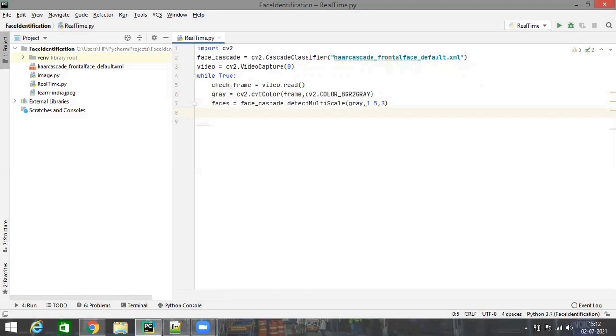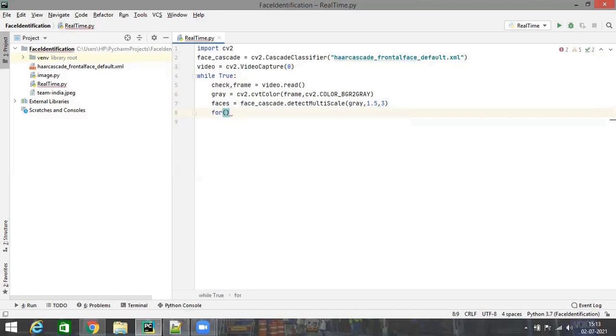Okay. So now let's say we have detected the face in the given image or in the given video frame. Now what we want to do is build a rectangle around the face so that we are able to distinguish the face from the other different objects in the given video frame. So we want to draw a rectangle, right? So we can draw a rectangle around those 4 coordinates with the help of the values returned by this detect multi-scale. So this detect multi-scale has returned us 4 values, and now we are going to operate on them.